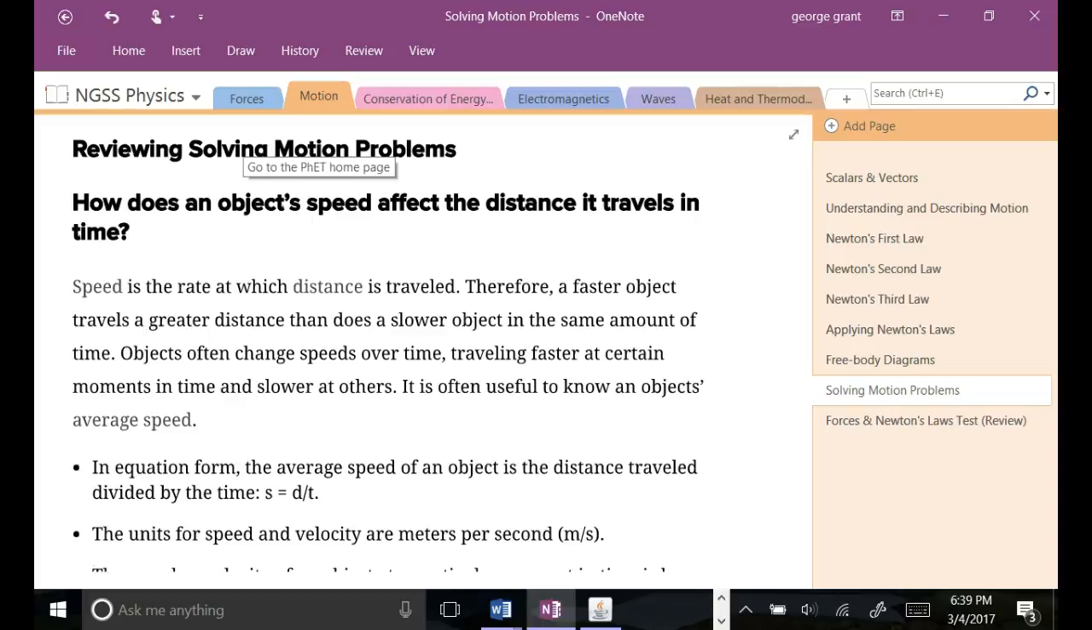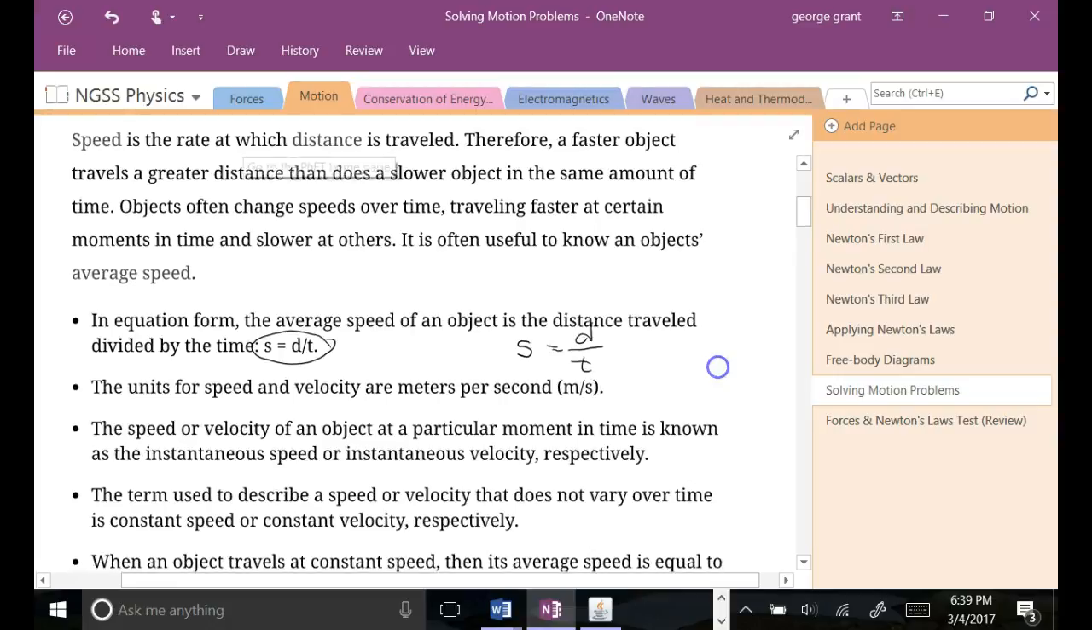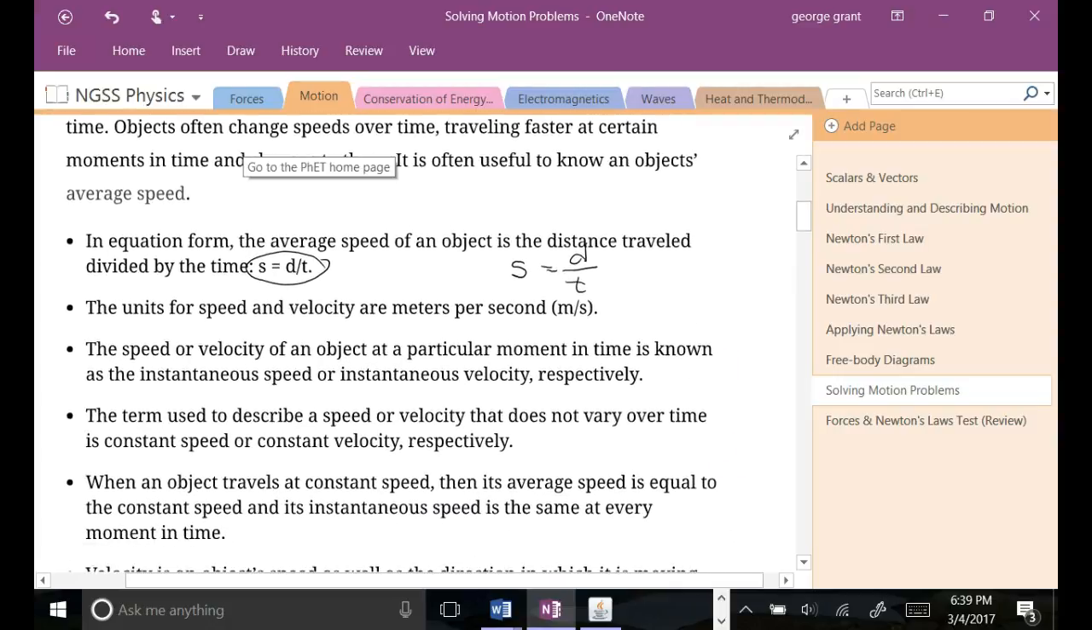In equation form, the average speed of an object is the distance traveled divided by the time. So here, speed is distance over time, just like it says here. The units for speed and velocity are meters per second. Sometimes we see them as miles per hour, but it's conventional in physics to use meters per second unless otherwise